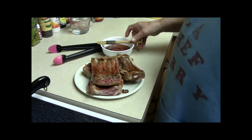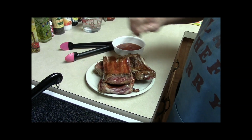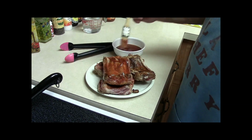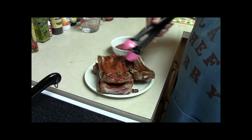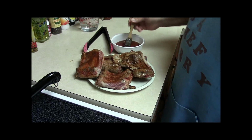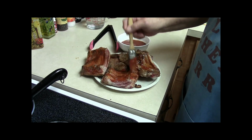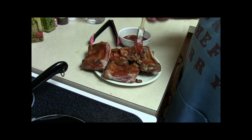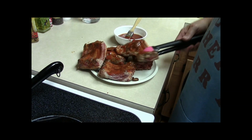Okay, I have barbecue sauce here. When we put our rub on, and when we put the barbecue sauce on, we're setting the flavor of our ribs. So whatever is your favorite rub, your favorite barbecue sauce, this is how you set the flavor of your ribs. Whether you like different styles, you know, Texas or Kansas City or whatever, this is how you do it. So make your rub, select your barbecue sauce, and this glaze here will actually be cooking the ribs,